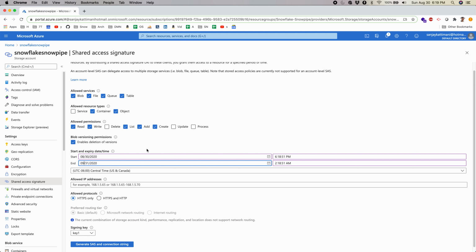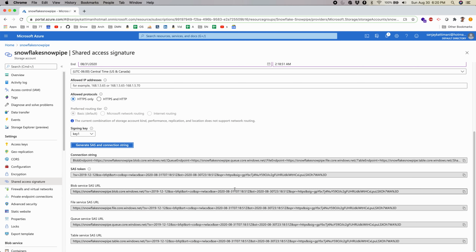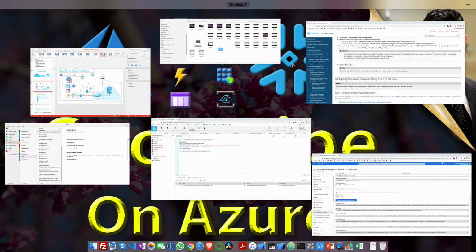By the time you check this video, the access should be removed. And then time zone central time and allowed IP address, I'll leave default. Let it authenticate everyone. I want to allow only the HTTPS protocol, and the signing key will be key 1, the default, and I generate it. If I scroll down, this blob service SAS URL is the important one that I'll need to create the stage. I'll copy this URL. Now I switch back to Snowflake